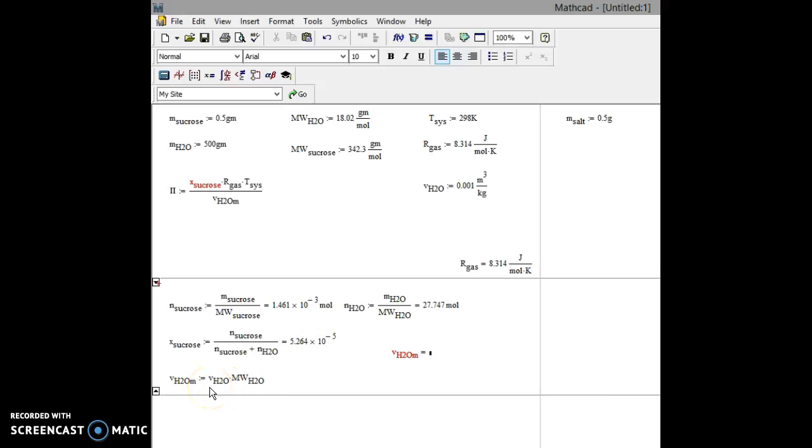Furthermore, when we find the molar volume of water, we find that the units work out well without us having to convert between them. We see that VH2O, which was defined in terms of meter cubed per kilogram, is multiplied by the molecular weight of water, which was defined in terms of gram per mole. This would usually be a difficult conversion, but when we have MathCAD take care of some of the intermediate steps for us, it increases our efficiency as it reduces our time. And you can see here that we find the molar volume of water in terms of meters cubed per mole,